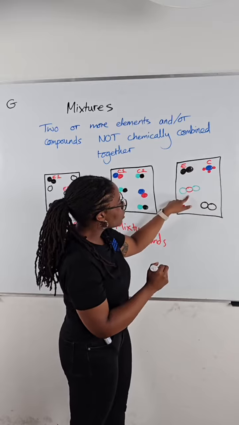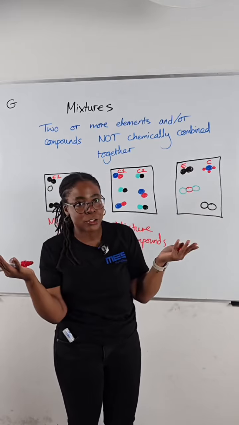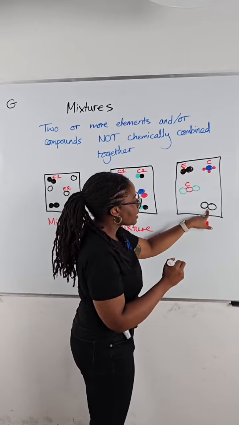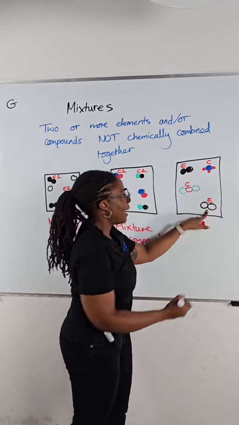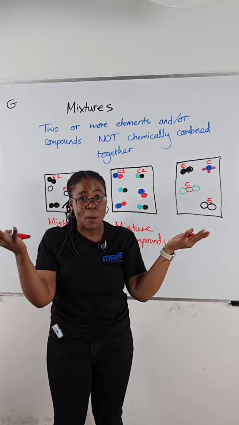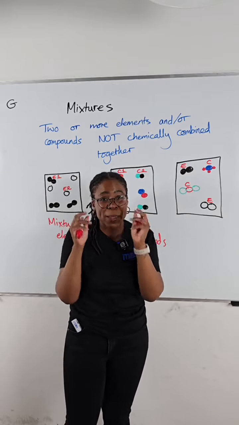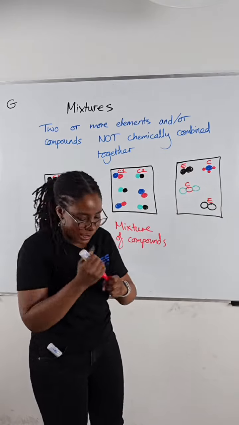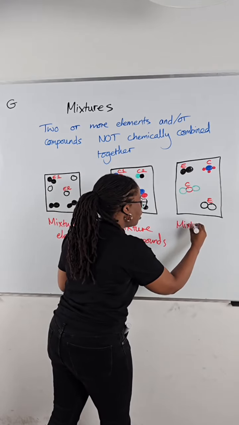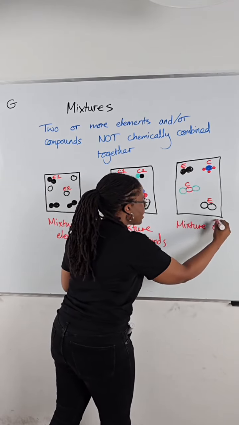Here, again, two different types of atoms shown by the different colors. So this is a compound, and here, two of the same. So this is an element. Now, once again, we've got some elements and we've got some compounds all existing in the same space, but not attached, not chemically bonded together, which means that this is, once again, a mixture. What is it a mixture of? It's a mixture